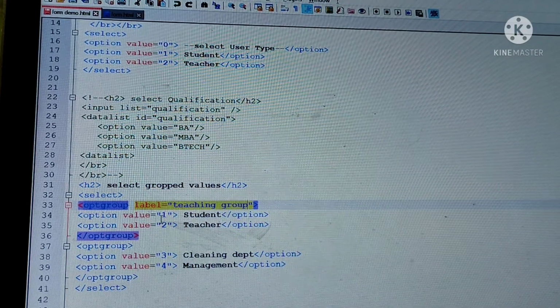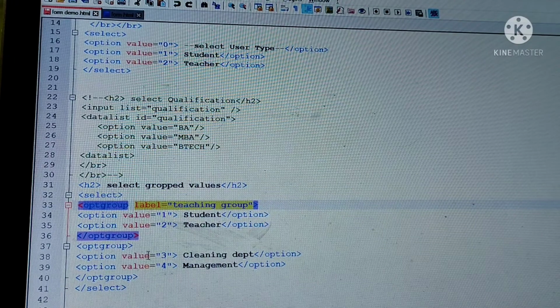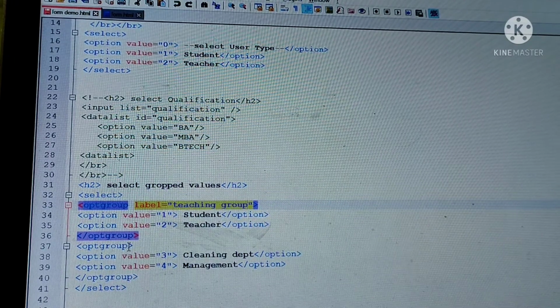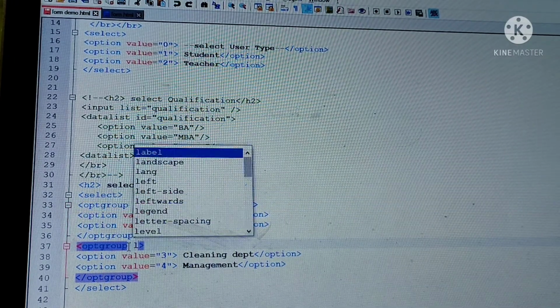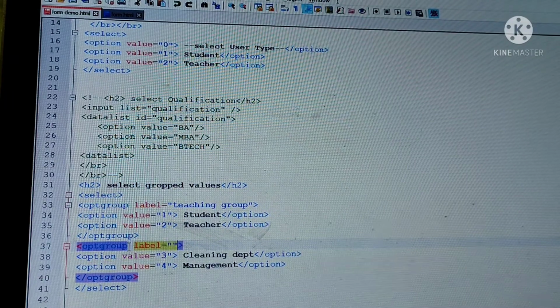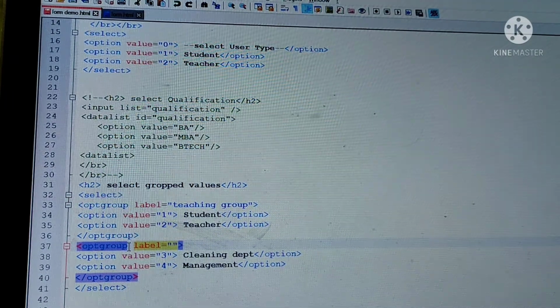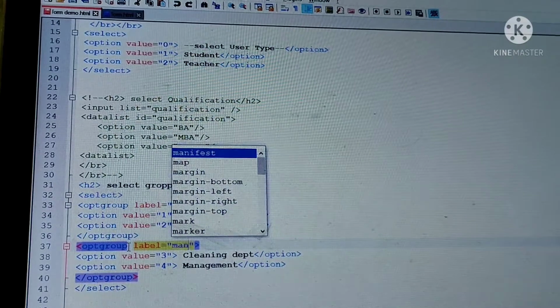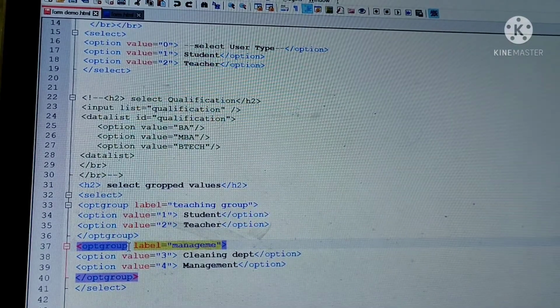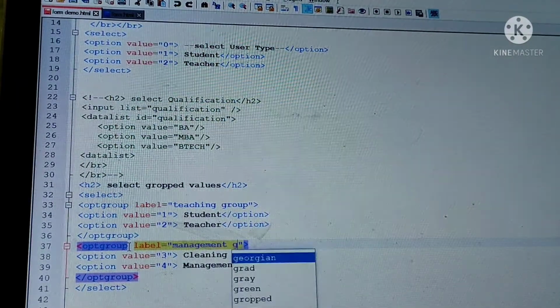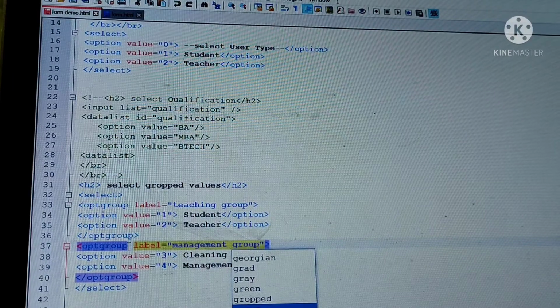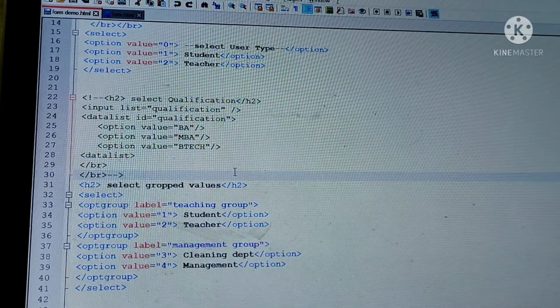And here, for this one, you need to put another label, management group. Okay, so if you see now,